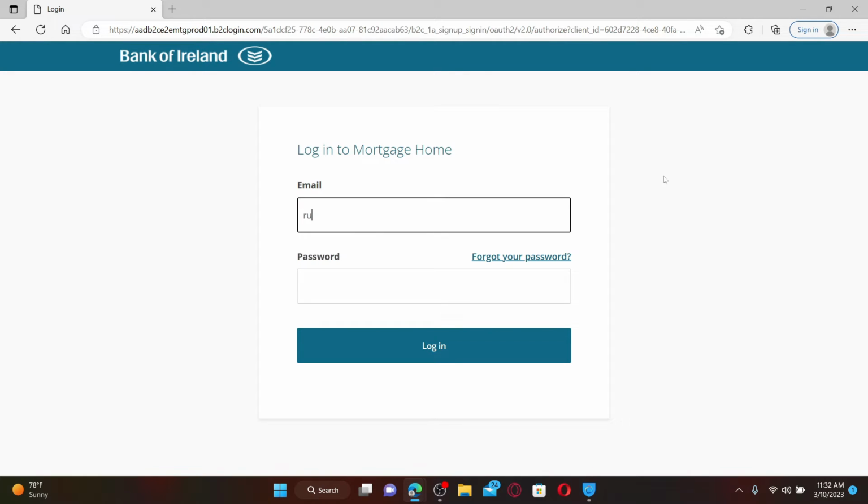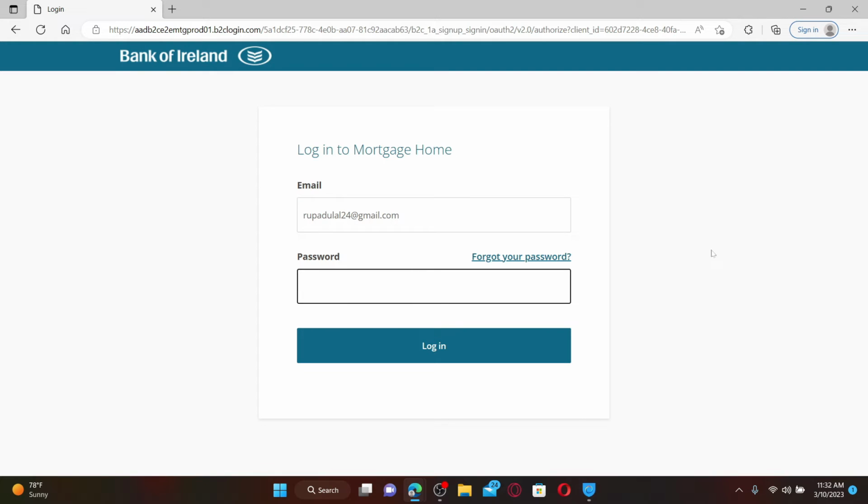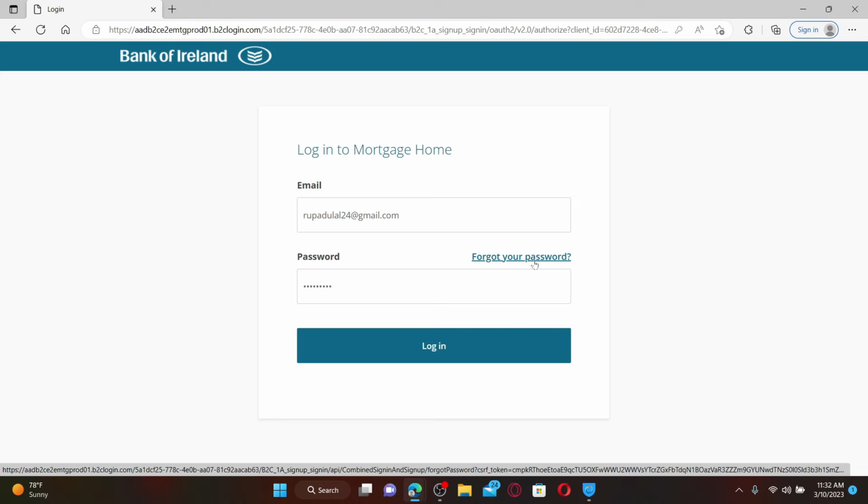So go ahead and type in your email address in the first text box. On the next field where it says password, type in your correct password. If you've forgotten your password during logging in, click on the Forgot Your Password link and follow through the on-screen